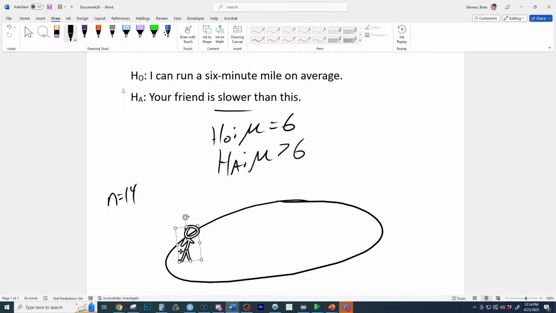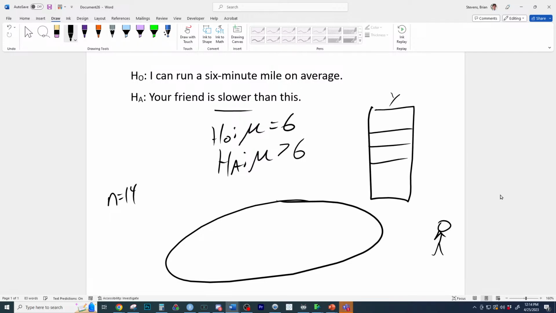So here we go. This person's running around the track. And what you would get right here when you run this is the Y observations. The Y observations right here, this is why we call it Y bar, are all their different times when they run the mile, like 6.1, 6.2, 5.9. And that's what we call the mean of this data, Y bar. So now we would have a Y bar right here, and Y bar is their average mile time of 6.2.